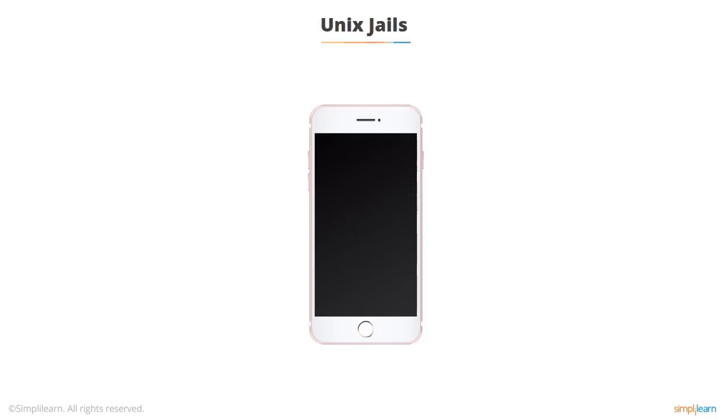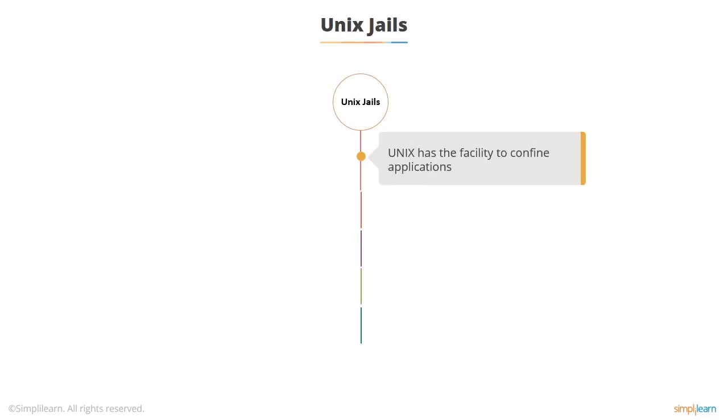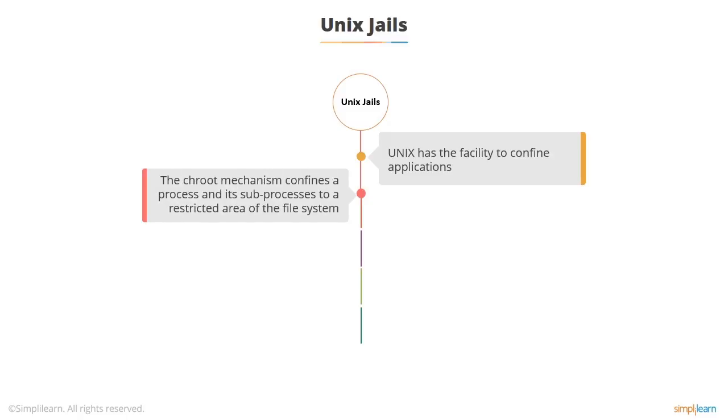They're fairly self-contained. So Unix has been able to do this for a long time. There is a chroot mechanism for confining a process to a restricted area of the file system. It's very commonly used. For example, if you install a server like a name server or a web server, what you'll do is restrict that server into a particular directory structure underneath the root of the file system, so that if something goes wrong and maybe there's some kind of security attack on the server, then it limits the damage that server can do.